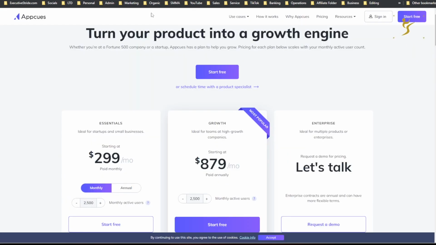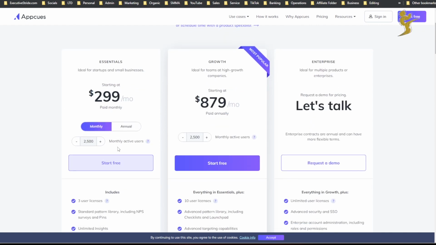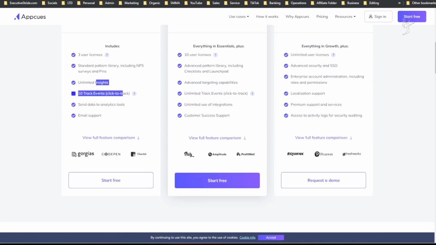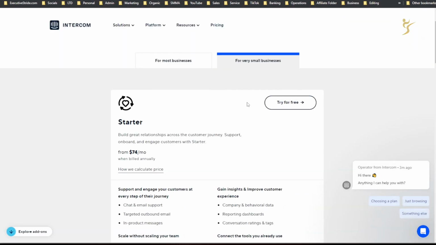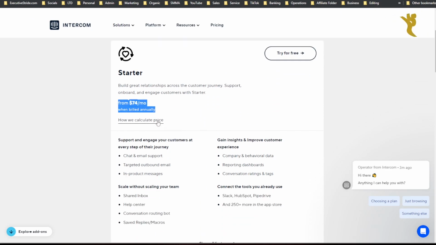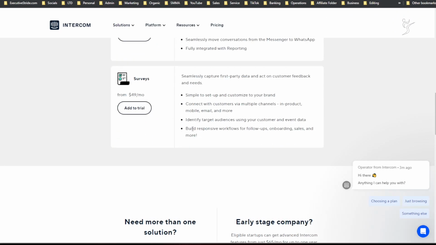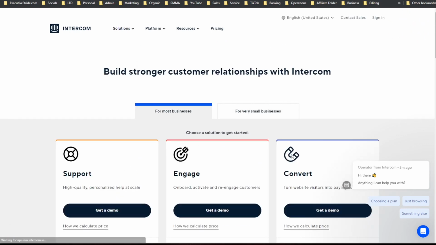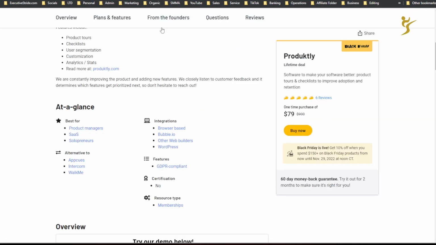So there's UserGuiding, there's Appcues, which is actually their minimum plan is $300 per month, and you get 2,500 monthly active users, 3 user licenses, unlimited insights, all this stuff right here. So quite expensive. And then Intercom, their minimum plan for very small businesses, I believe, starts at, I think it's $99 when it's not billed annually. So that's $74 if it's annually per month, but I think if you're just doing it on a month-to-month basis, I think it's about $99, I believe, from what I remember. So yeah,